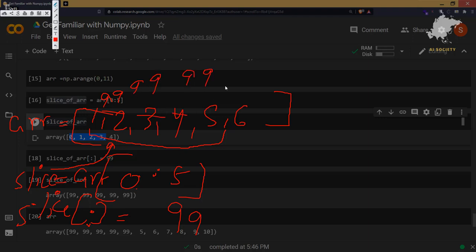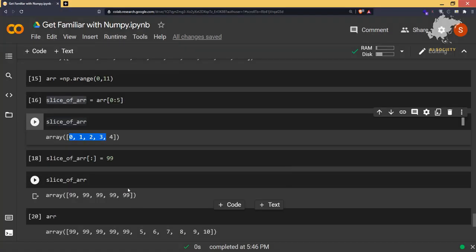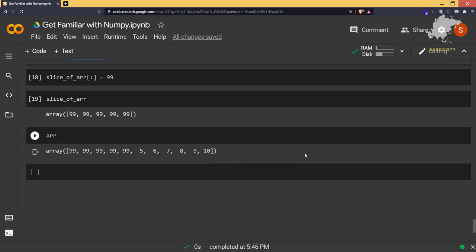So remember this, telling you again: whatever the arr size is, when you are using slice or whatever variable you're using, like arr of 0 to 5, this variable is not creating a new array. It is just pointing towards a sub part of this array. And when you change that slice, it changes the original array also. Make sure you keep this in mind. So that is what I wanted to tell you about the slice of array.